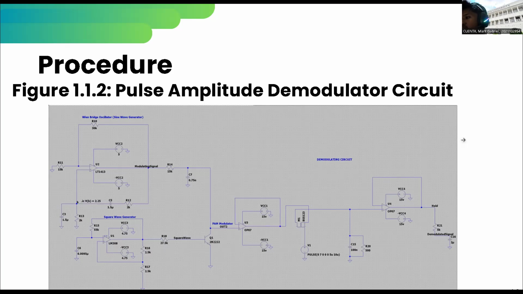After the buffering process, the signal enters the RC low pass filter, which contains C15 and R20, removes high frequency switching components, and smoothens the waveform into a closer approximation of the original modulated signal. Finally, it goes to the second OP07 amplifier, together with C16 and R21, which forms the holding stage. It maintains the voltage level between the sampling periods to reconstruct a continuous analog output, which completes the process of recovering the demodulated signal from the original PAM circuit.